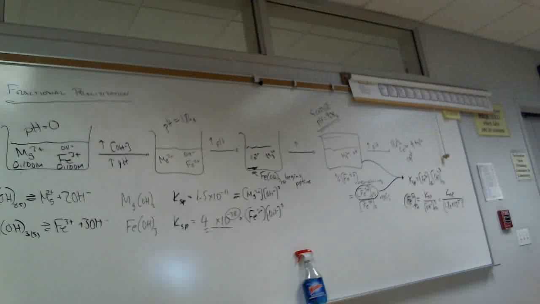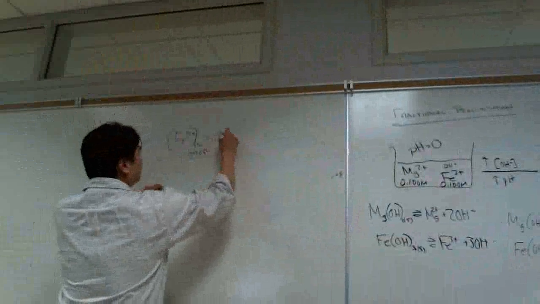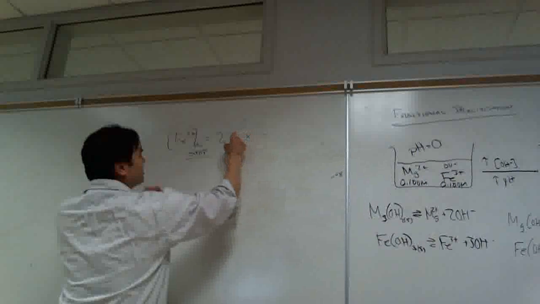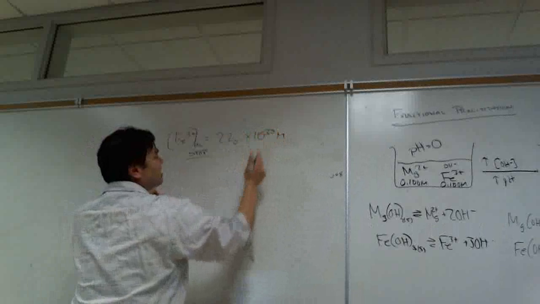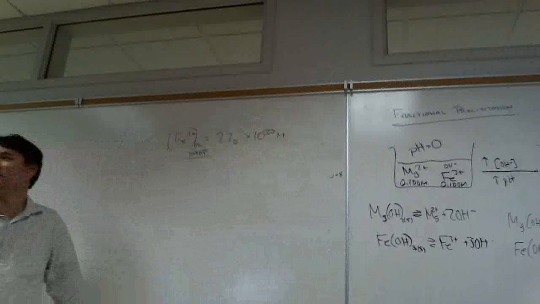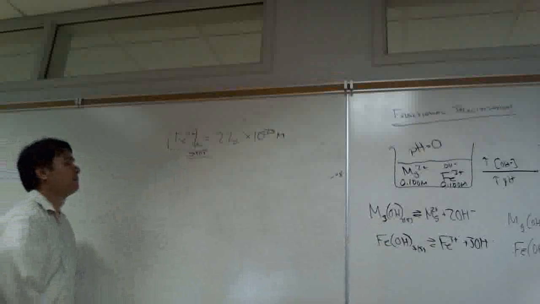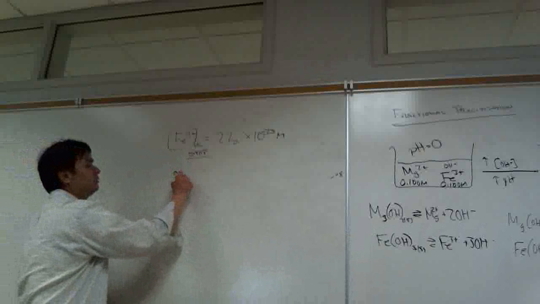Is it 2.2 times 10 to the negative 22? 2.2, give me one more digit. 2.20 times 10 to the negative 23 molar. That sounds about right. Did other people get that? Okay. And therefore, the percent remaining